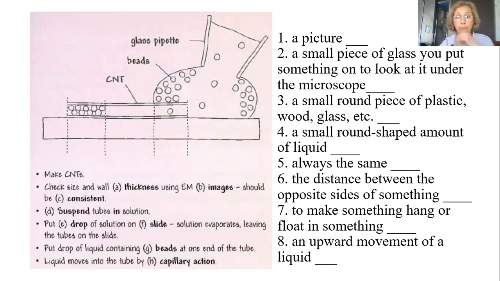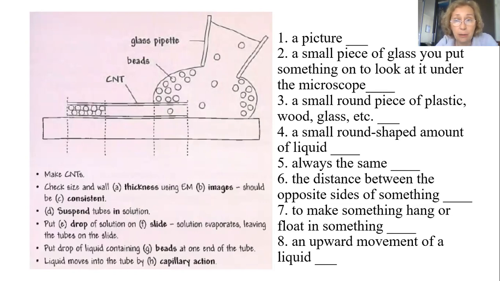What is it? Consistent. Oh, small piece of glass. No, not consistent. Teacher, what means beads? Drop. This is beads. Бусины, такие шарики. Yes. Yeah, beads. Okay. So,